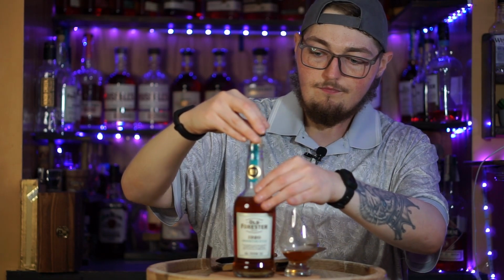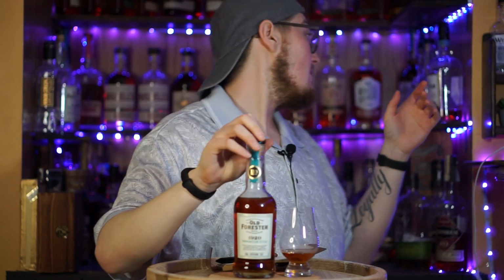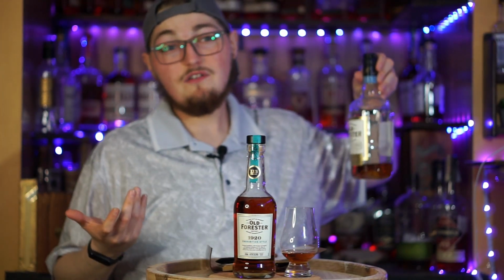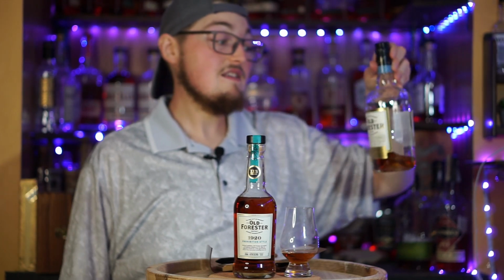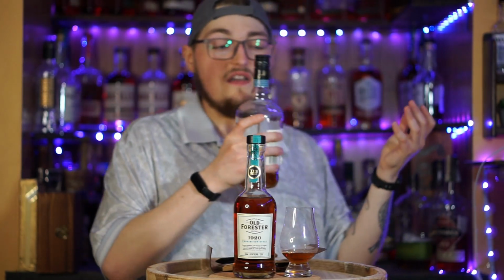The most available Old Forester at the LCBO is the Old Forester 86. Unfortunately, we don't get the 100 proof. I really wish we did, because this, I think it's $34 at the LCBO, is the best budget pour available, whether you're gonna be making some bourbon chicken, some homemade barbecue sauce, or you're just looking for a lower proof kind of night,